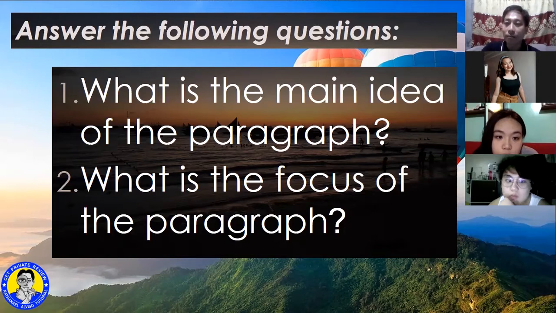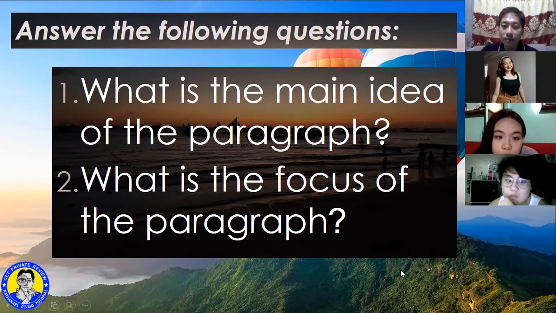So things like that. So what do you think is the focus of the passage? Can I have an answer from the others? You may chat or you may answer using your microphone. There you go. To inform. The focus here is to inform you that when you're buying food, you should not focus on appearance